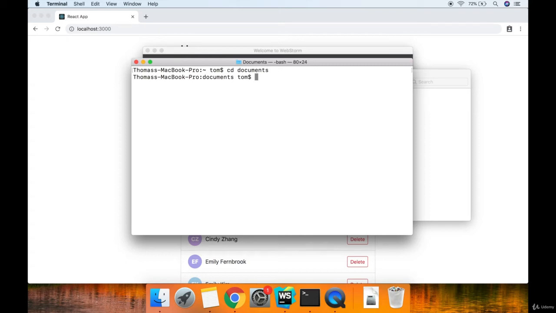Okay, so let's get started setting up a new project. We're going to be using Create React App, so make sure you've got that installed. Then we want to make sure we're in a directory where we want to create the new app, and then we want to npx create-react-app